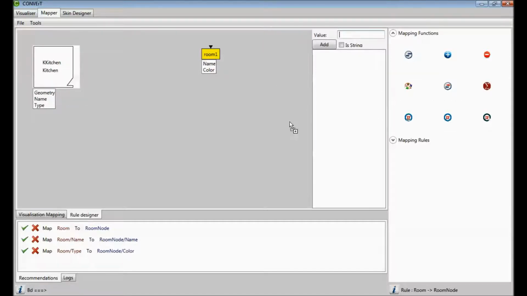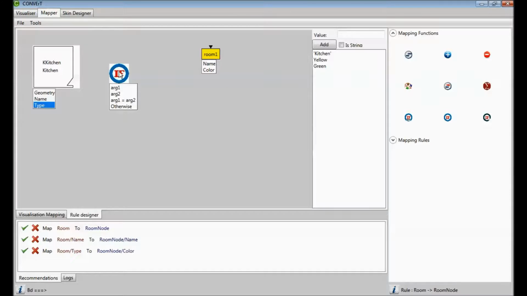So I drag and drop an if condition here and say, okay, so the things that I need for this transformation are, let's say if it was kitchen, and it is going to be a string, I need two colors, yellow and green, let's say. So I want to say if type